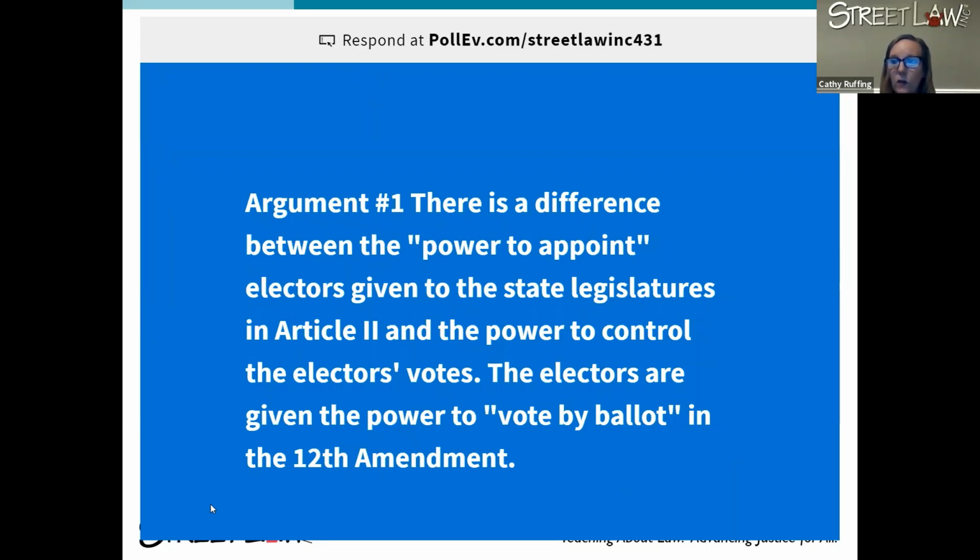Okay, I'll give you a moment to read that argument and think about if it helps Chiafalo, the elector, or the state of Washington. Okay, I'm going to go to the next screen and you'll be able to cast your vote.